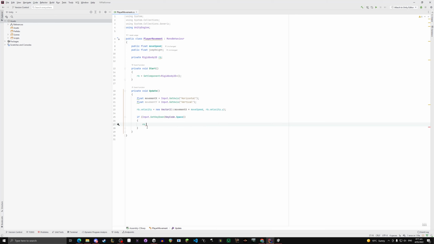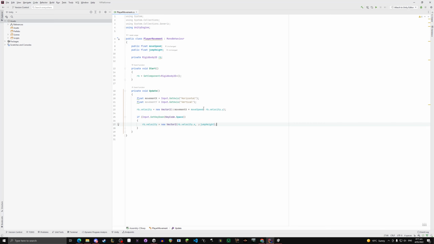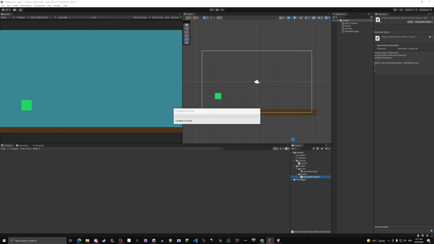rb.velocity equals same thing, new Vector2. This time, keep the x as it is. So it'll just take the current x velocity, which would either be 0 or how fast you're moving, whatever. Just keep it the same. And then jumpHeight. Beautiful. So now, if we go back into the editor,